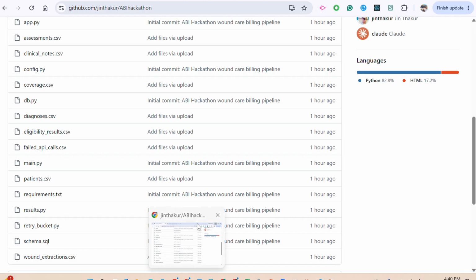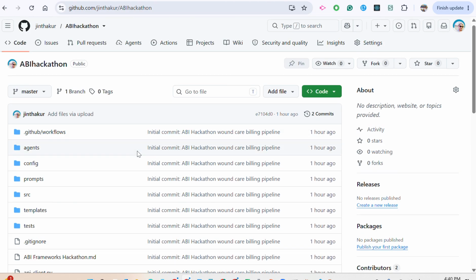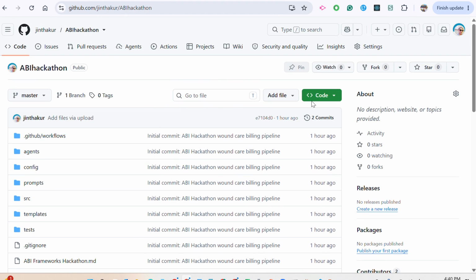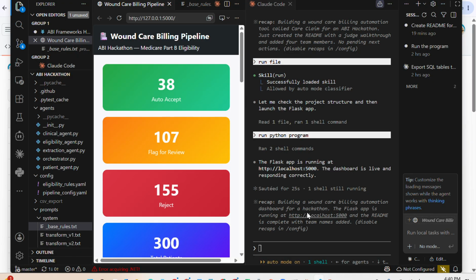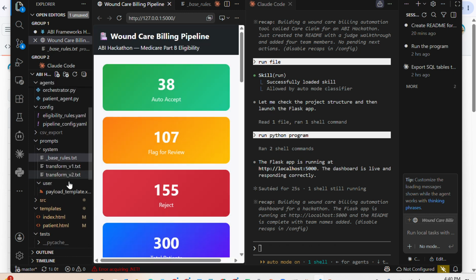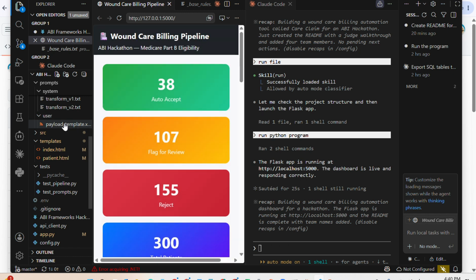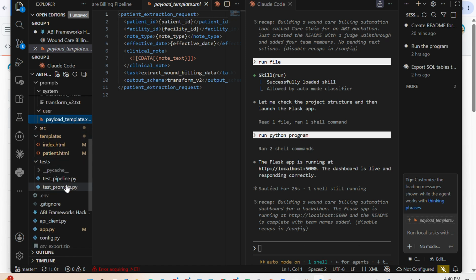And our code is here, the whole code is here, and you can look into all these different types of tools we have created. It uses Python, the Anthropic API, and a multi-agent platform. So this is the whole thing that we have. And you can see we have prompts also, like for patient extraction requests, and these are the pages that